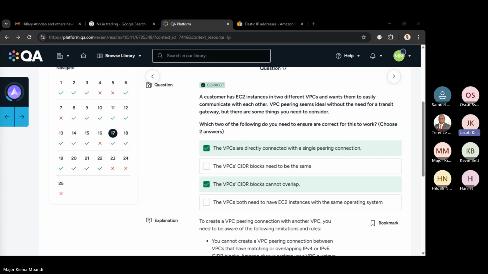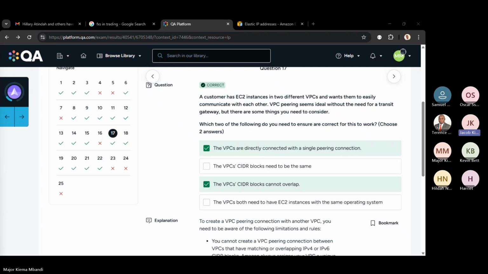So question 17, I think I can take that on. A customer has instances in two different VPCs and wants them to easily communicate with each other. VPC peering seems ideal without the need for a transit gateway, but there are some things you need to consider. Which of the two do you need to ensure are correct for this to work? Choose two answers. The first answer is VPCs are directly connected with a single peering connection. The VPCs' CIDR blocks